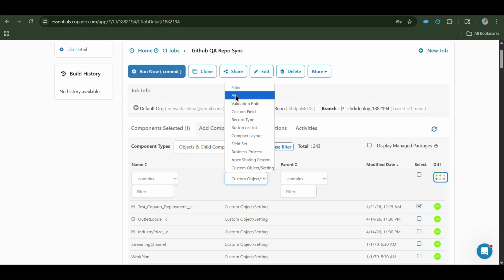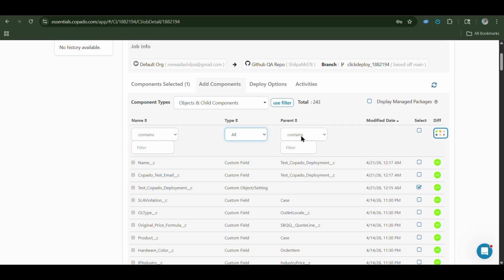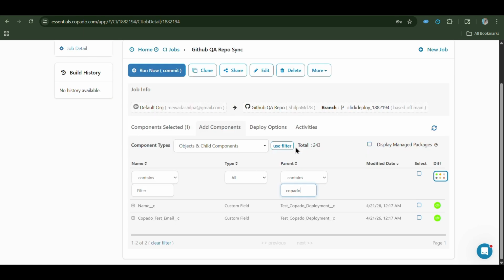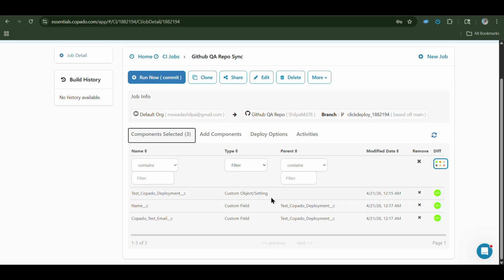And now when I click on this all, I can search by contains, like Copado. Here you can see that it is showing the custom fields. Just select this one. After that, you can click on this component select. Here you can see all these selected components. Now just click on this run button and commit the changes on GitHub.